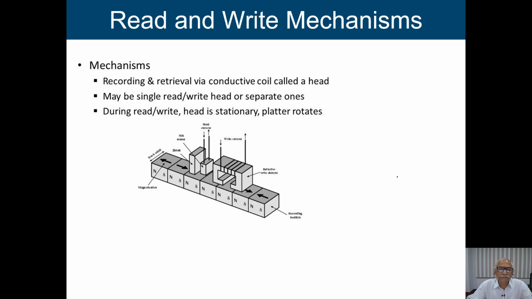You can see in this case, this is the head, and here it shows two distinct heads, one is the write head and the second one is the read head. Already I said we have this coil. If current passes in one direction, it will generate one particular polarity, maybe north. If you pass the current in the other direction, the polarity will be different. If it is the north pole, then it will be the south pole.